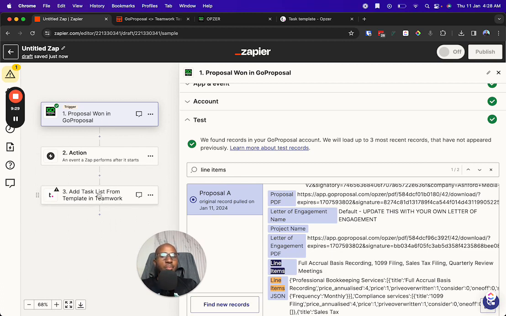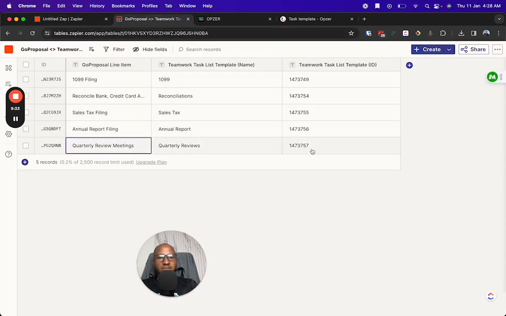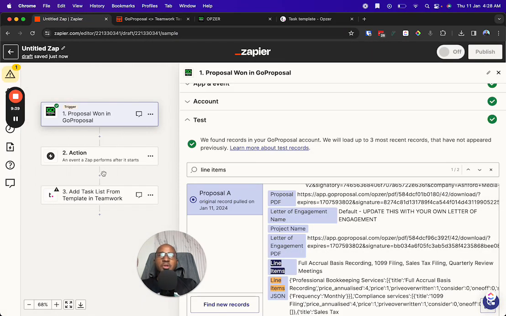I already know I'm going to need the task list template, which I'm going to get by matching this to this. But notice that there are multiple line items. As such, I have to, what would be the right word? Split them up first and loop,